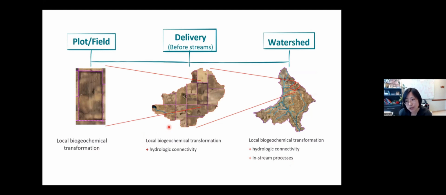But measurement between these two scales, which we call the delivery scale, is very important for us to identify the model's incapability. But the reality is we barely get the data. So this is a sort of missing scale at which we don't have data. We don't have previous model testing to know how the model performs at this scale, to quantify how much nitrate is there and how it changes over time before it enters the streams.